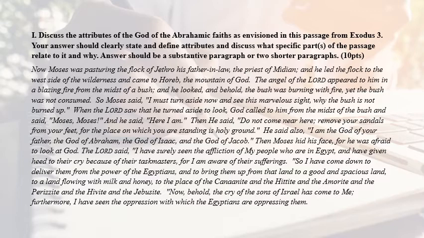So in Exodus 3, we're going to talk about how we see things about the attributes of God from this story in Exodus. We went over this in the lecture, you'll see it. But here's this passage. Moses is shepherding the sheep. He sees this burning bush. God calls out to him. He tells him, this is holy ground. I'm the God of your fathers. Moses hides his face.